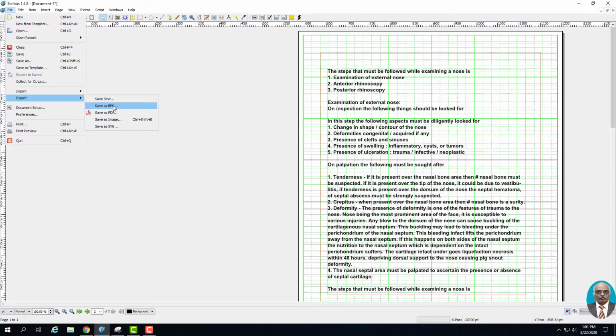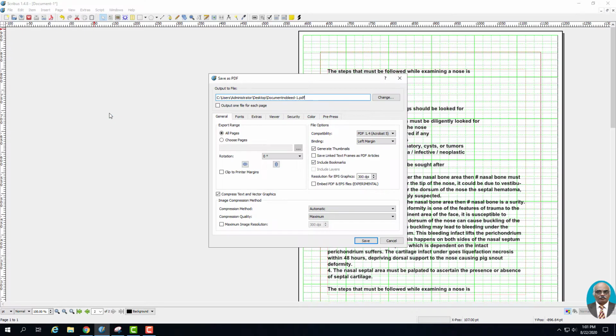Again, this format is well suited to be embedded inside an XML format. Now we are more interested only in two things: exporting the document in PDF format and exporting it as an image. Exporting as an image is suitable for professional printers, as I have told you. And I am going to focus more on save as PDF.